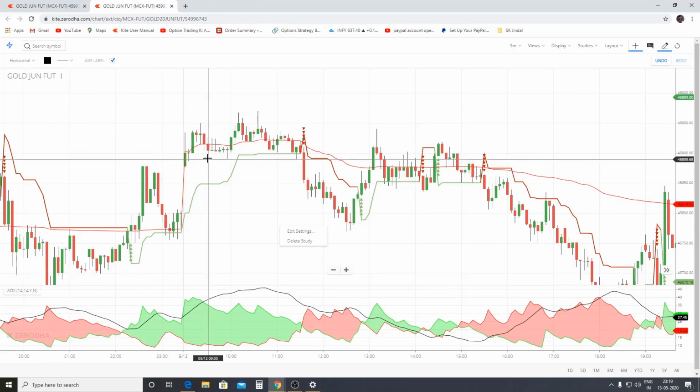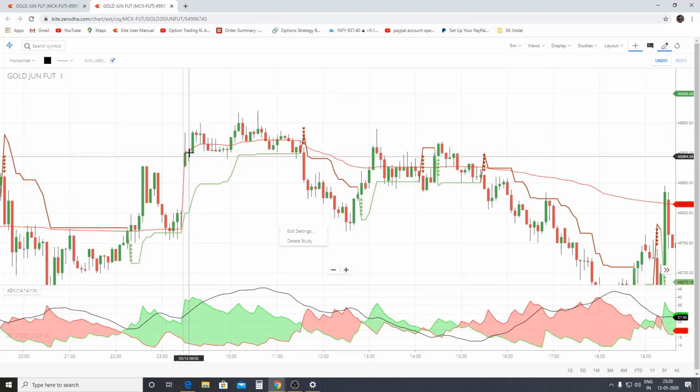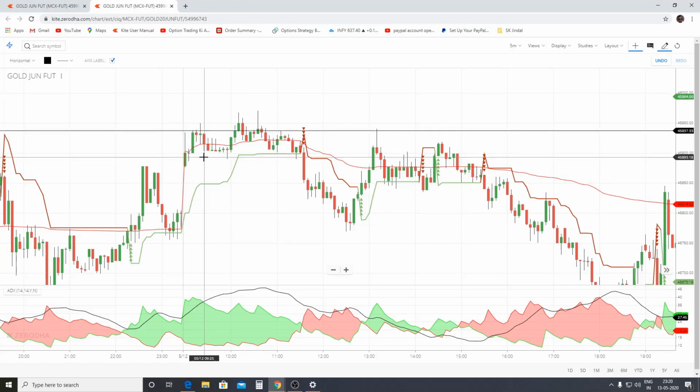So let us consider this day. This candle, never consider the first candle as a breakout candle. So the first breakout candle for this day, which is 12 May, is this. So I'll mark the high of this candle. None of the candles gave a solid close above this candle, so there was no potential trade generated.